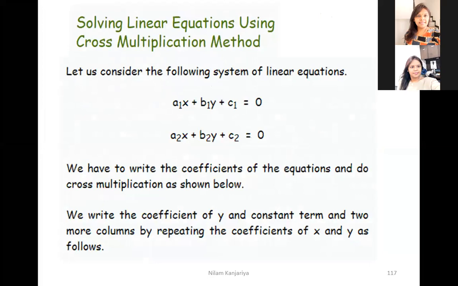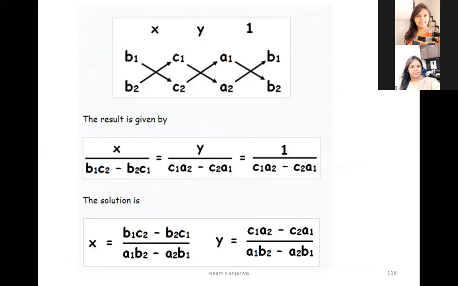Today I'm starting with the cross multiplication method. In this method, you have two linear equations, like this. Then what can we do? This is the procedure. Such types of equations are helped by the cross multiplication method. More examples and methods we discussed in the tutorial. So this is the method to find the unknowns x and y.